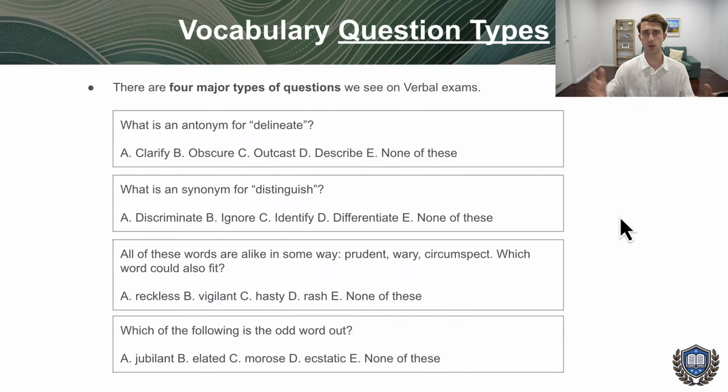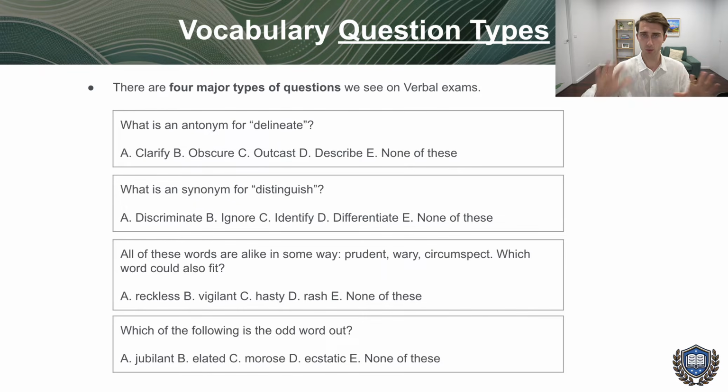They're really just testing your vocab skills in different ways. Testing, can you find antonyms? Can you find synonyms? Can you find which word doesn't fit with the rest? They can change these up a little bit, but really it's testing your vocab. If you have a strong vocab, you're going to understand more of these words. It's going to be easy to get the right answer. If you don't have a strong vocab, it's more likely there'll be questions with words where you don't understand them too well, and it's just going to make it a lot harder if you don't understand the meaning of them.